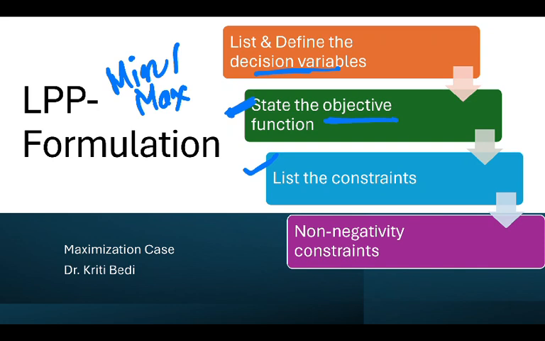All right. And the last one is the non-negativity constraint, which we assume. Now you guys tell me, the production which happens in the organizations, it cannot be a negative number. Can we produce minus 10 units of tables, minus 5 units of chairs or something like that? No, either the production will be zero or it is going to be positive, right? So that is what the non-negativity constraint says. Fine. So these are the four things which are important when we are about to form an LPP from the given business problem. All right.